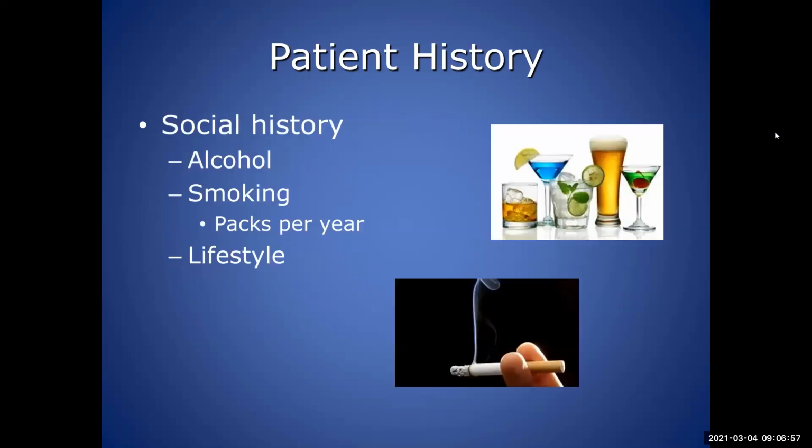Social history, that can be kind of tricky. Some patients don't want to disclose certain things. Alcohol use, consumption, frequency, how much, smoking, frequency, how much, and how long have you been doing it, and lifestyle. Okay, so sometimes the lifestyle is, I only smoke when I drink. Oh, when do you drink? Okay, well, I only drink when. And that gets you kind of a feel for what the patient's doing, because you know the more alcohol they drink can have systemic as well as oral effects. Same way with smoking, same way with certain lifestyle,